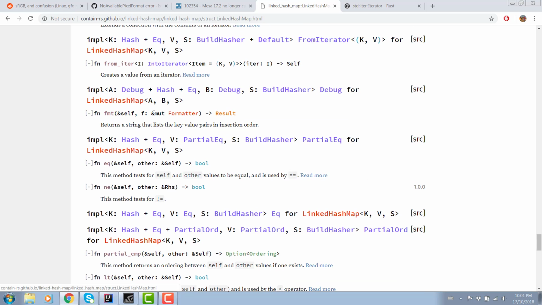Oh, we can create a LinkedHashMap from an iterator? Okay. Well, that's kind of promising. Yeah, I'm kind of tempted to just do that. Maybe just clone a vector twice rather than this LinkedHashMap thing. Because I can convert a vector to an iterator, and then I can just do from iter.